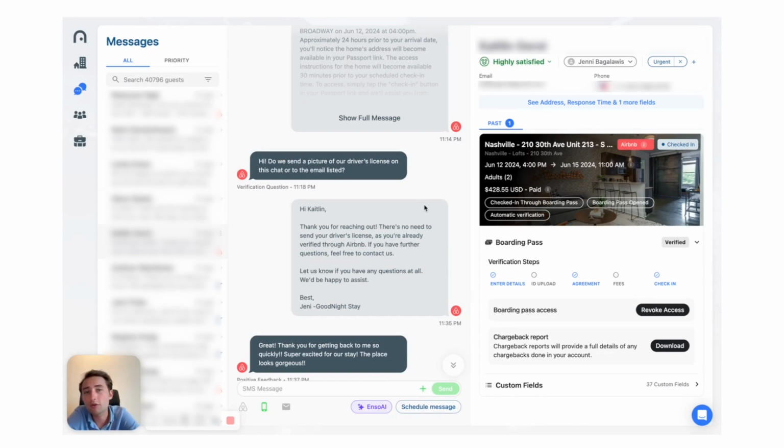And I want to show you one of the first steps that we started launching in your accounts that you may have seen so far, which is around message categorization. What this allows you to do is to start building out reports around the types of questions that guests are asking. What it also allows us to do as a company is start looking at the accuracy of our predicted responses by category.